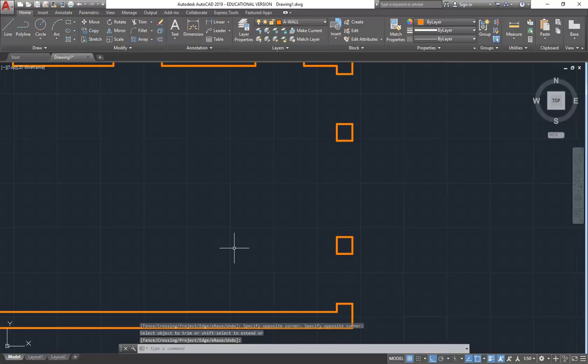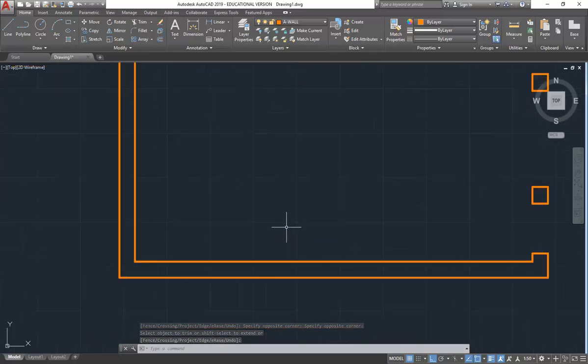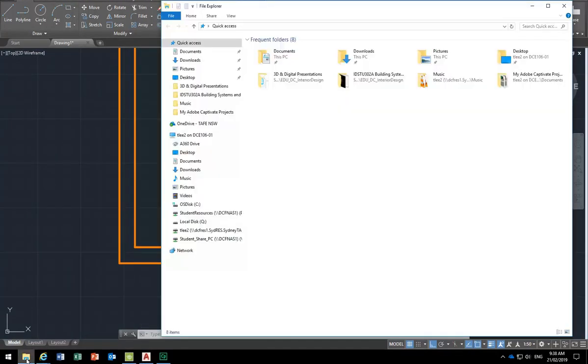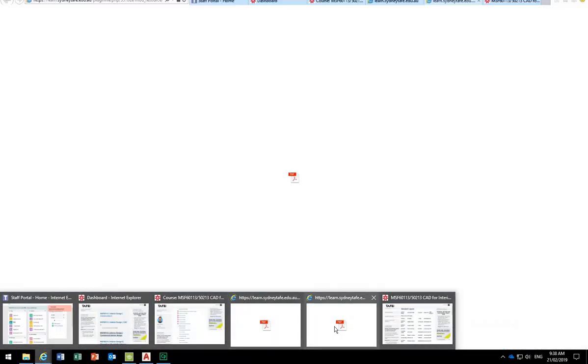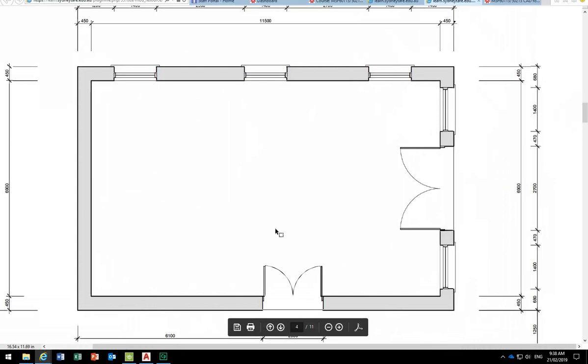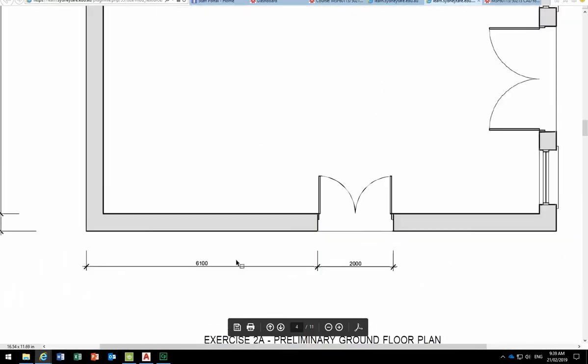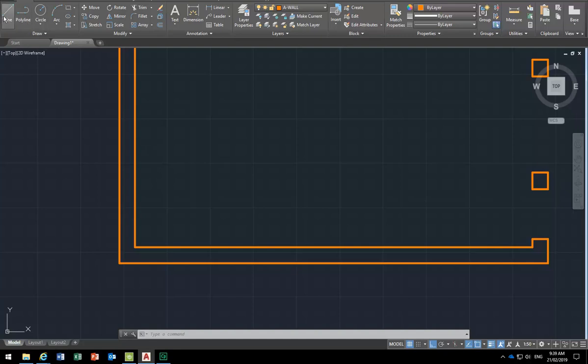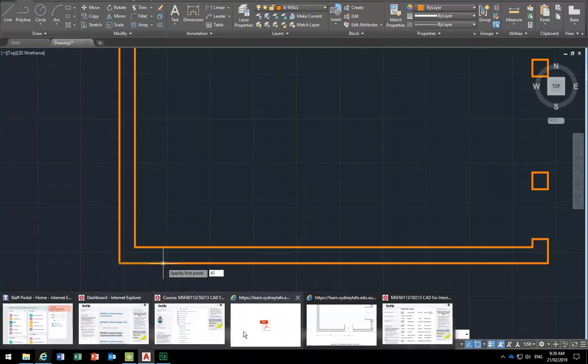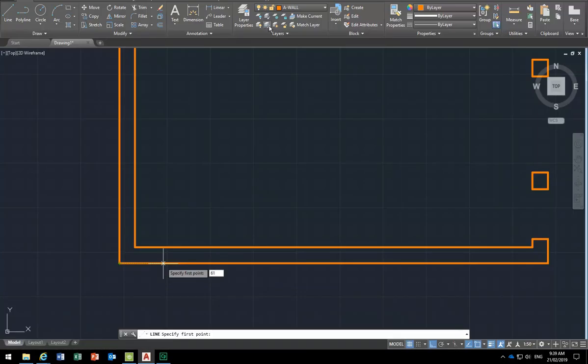So now we've just got one more opening down at the bottom, and also I'll just get the dimension up again. Okay, so down here, 6100 from the corner, and then 2000. So again, drawing a line from that corner, cutting across 6100. What was it? I've already forgotten. 61 or 69? 61, yeah. So 6100,